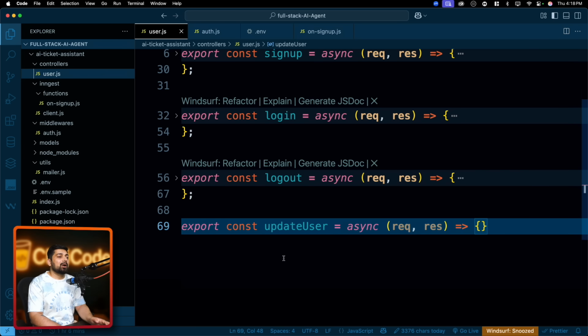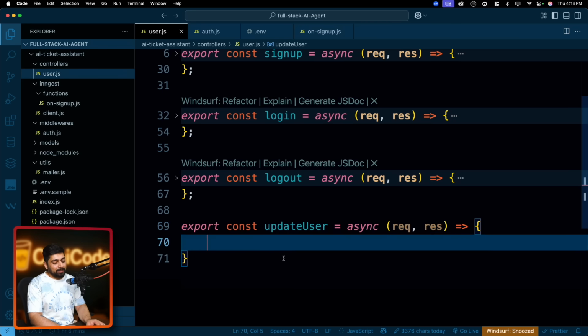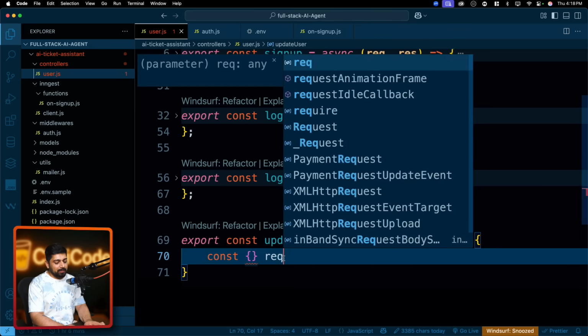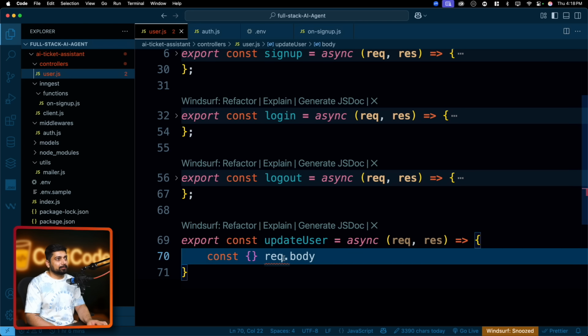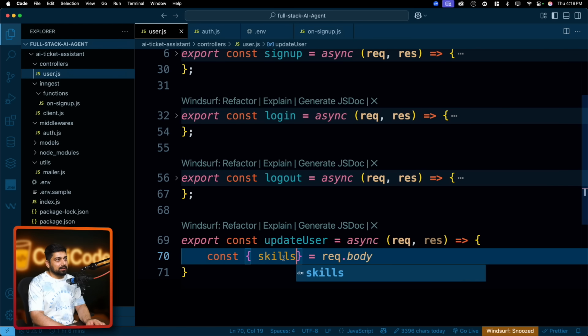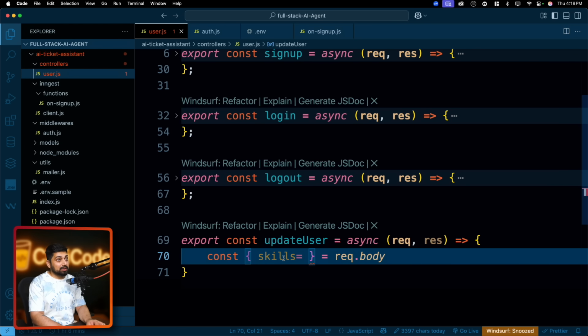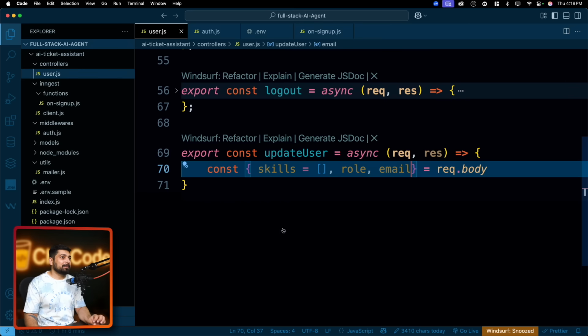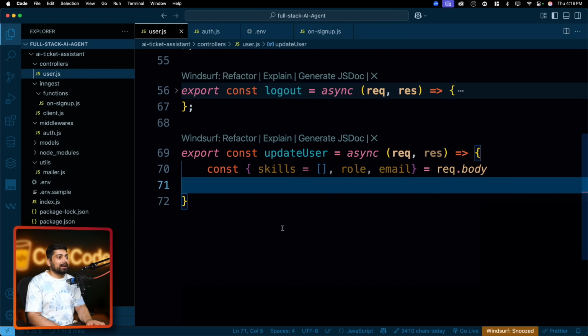And the way we use the controller is through the routing. I will show you that as well. We'll grab some information from request.body, and we will see the skills because that's the most updated thing that we'll be doing. And we can update the user's role and maybe the email as well. Maybe admin gets the power to update that. And then